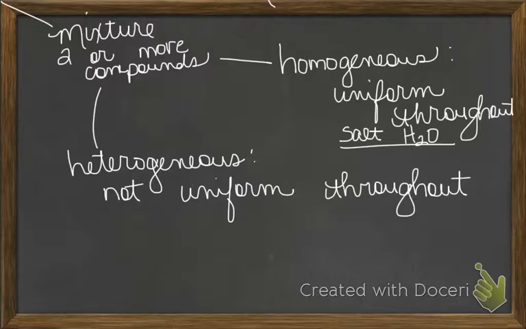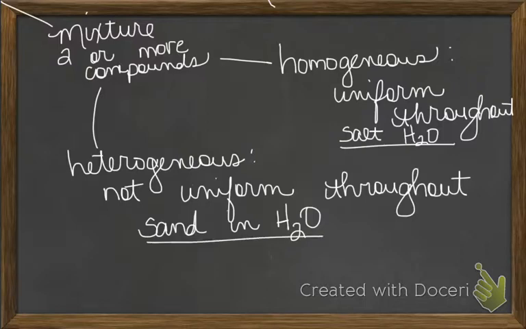What about sand in water? Well, sand wouldn't dissolve in water. So if you had sand in water, wouldn't that be heterogeneous? Because it doesn't dissolve. You might can stir it up and the sand's swirling around in the water, but when that glass sits there, what happens? The sand settles to the bottom. So the water at the top, and the water sample you would get from the bottom are going to be different. At the bottom, you would have a whole lot more sand in your sample. Therefore, that would be heterogeneous. And see, sand doesn't dissolve in water. When things dissolve in each other, like salt water, that's usually homogeneous.